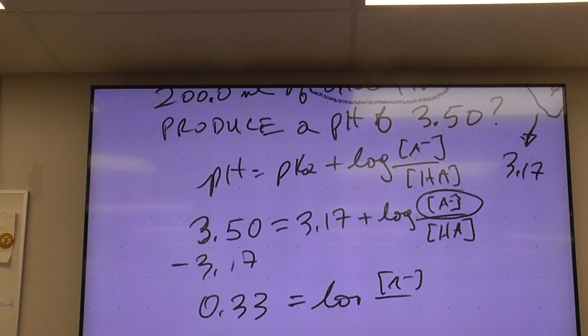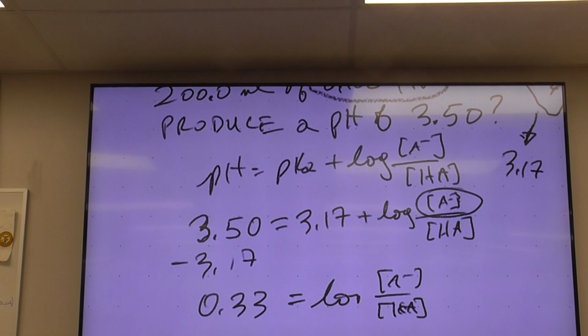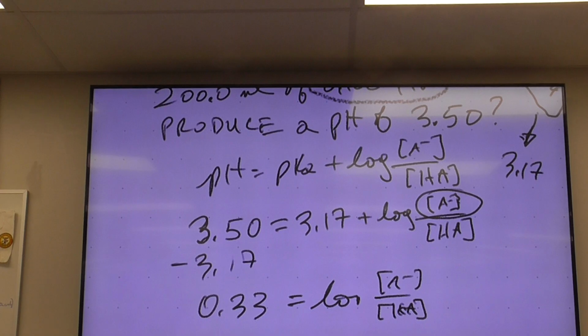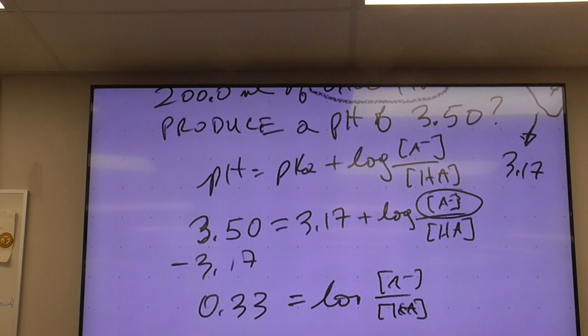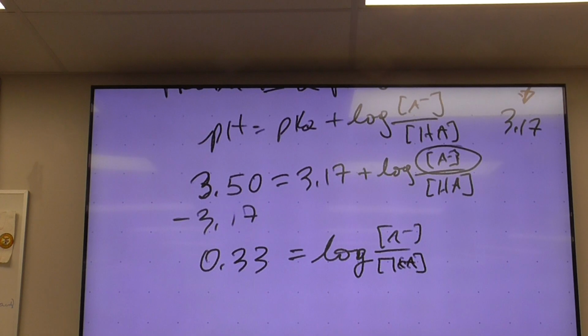That's the log of the ratio. So how do I get rid of the log? Now, do I take it 10 to the negative 0.33 or 10 to the positive 0.33? Positive. Why? Because this isn't a negative log. It's just a normal log. So, I'm going to take 10 to the 0.33 is going to equal my anion concentration divided by my HA,